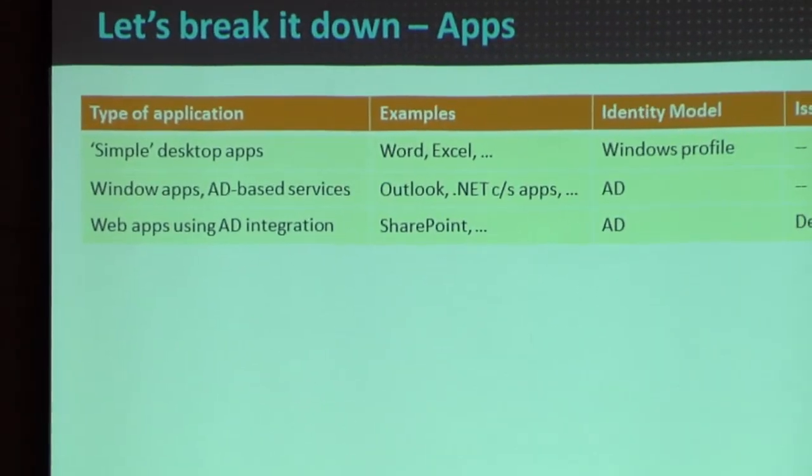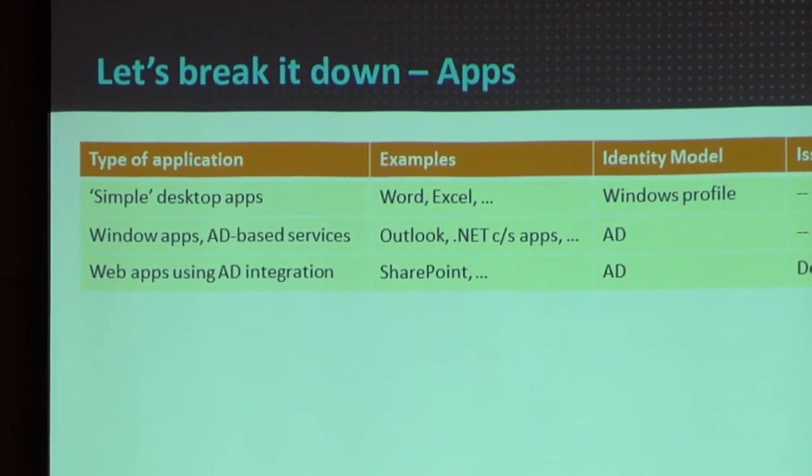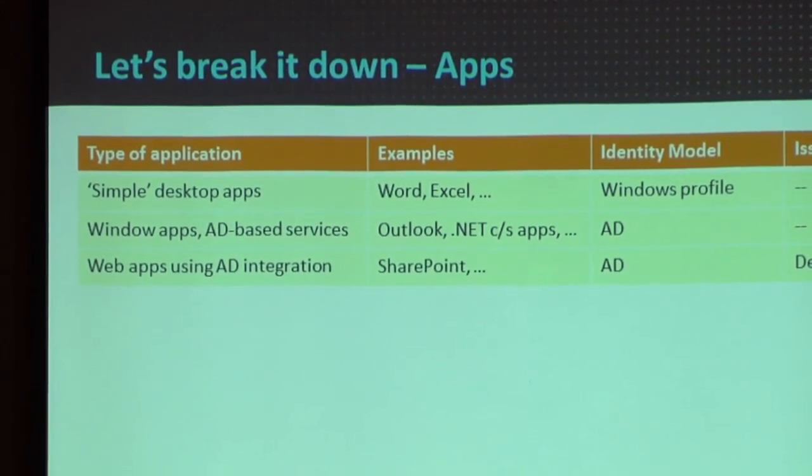Applications like Outlook, of course, they connect to Exchange, and they'll normally be using pass-through authentication, but they're AD authentication based. And there's various other applications people might write in, say, .NET client-server apps that'll follow this pattern as well. And your web applications like SharePoint, which is a very good example, again, pass-through Windows authentication is the default for SharePoint. And it's a straightforward world. The worst case, maybe you have to deal with some sort of multi-tier delegation issues with SharePoint at most, but it's nice and straightforward.